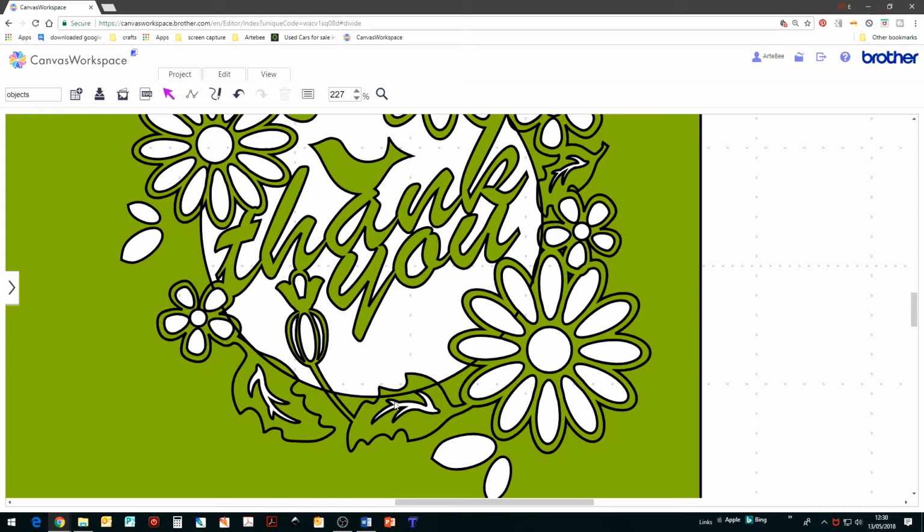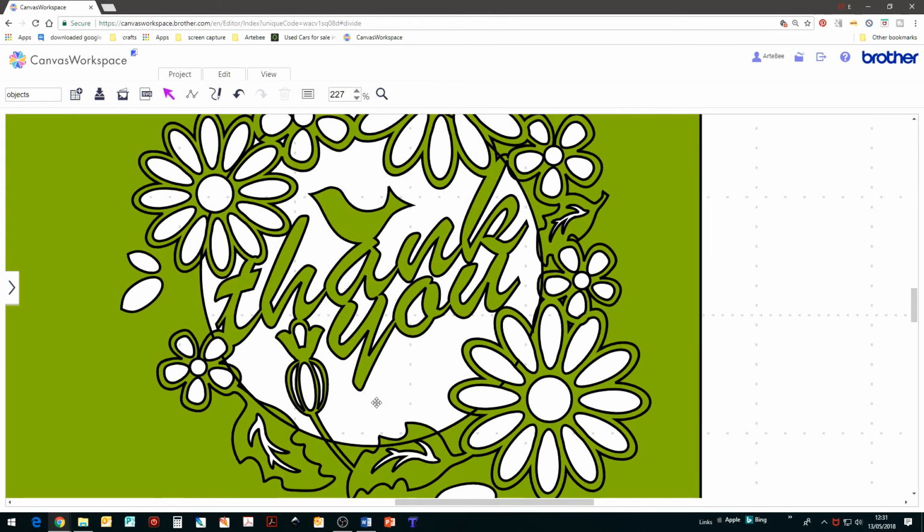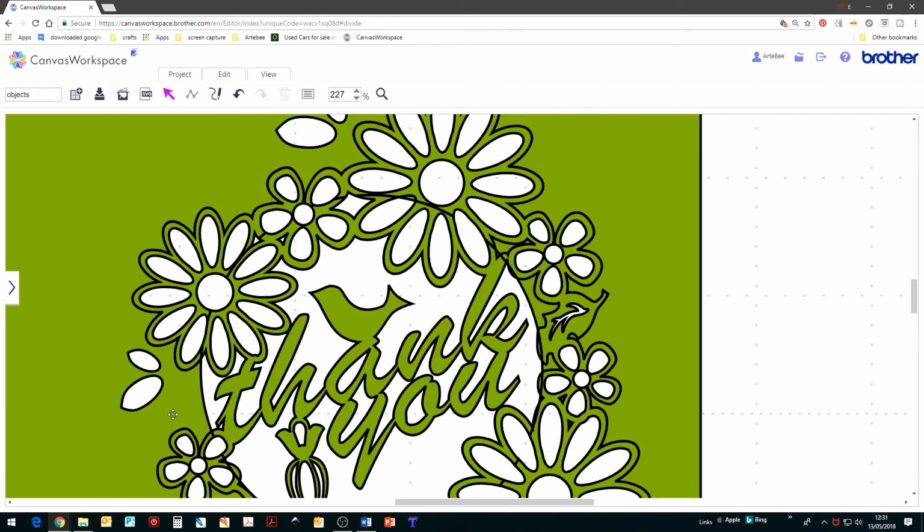I'm not sure whether I'd actually like to cut this shape out. I know that we're trying to keep a circular shape going on here. I sort of like that, but yeah, I think I'll leave it. That's going to be awkward. So what I'm going to do after we've welded is probably just remove that little bit of an awkward cutout